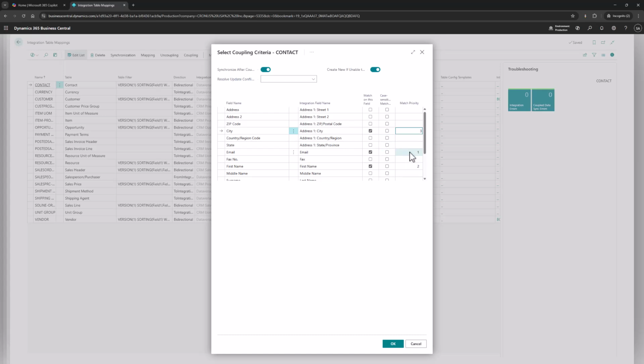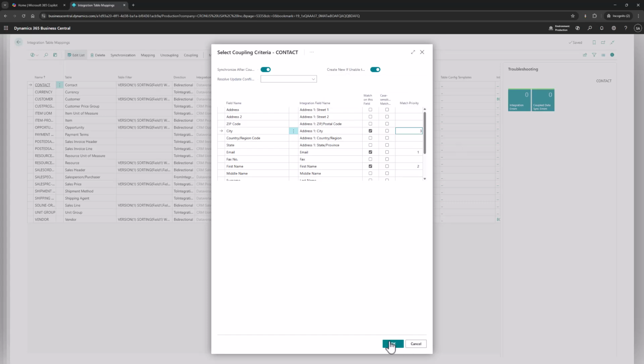So it will look from this one to this one and then to this one. Of course, you have the possibility to turn on synchronization after coupling, which means it will first try to find the records already existing on both sides and integrate them, rewrite and add the data which is missing in one or the other system, and then you have to switch on create new if unable to find a match.